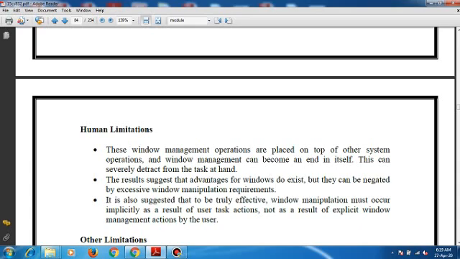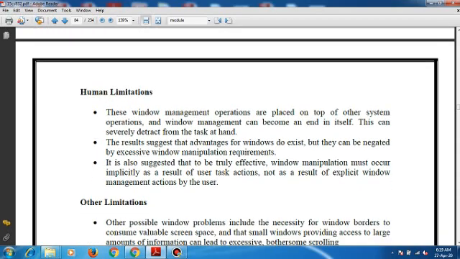Then we get a good response from the windowing system. It was also suggested that to be truly effective, window manipulation must occur implicitly as a result of user task actions, not as a result of explicit window management action by the user.